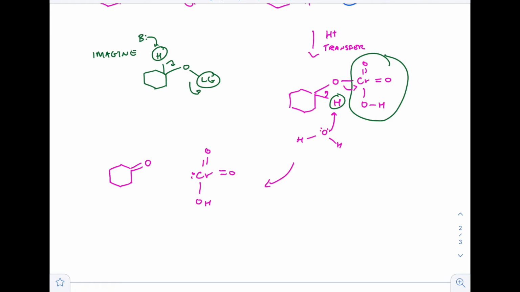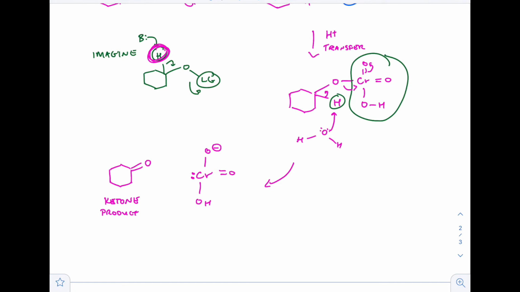And then we also have this guy right here. And there you have it. So actually, sorry, I always forget to kick my lone pairs out on that chromium. So we kicked the lone pair out. We got that negative charge on that oxygen. Okay, and so in addition to the ketone product and the chromium compound, we also have our acid forming in the end. Okay,